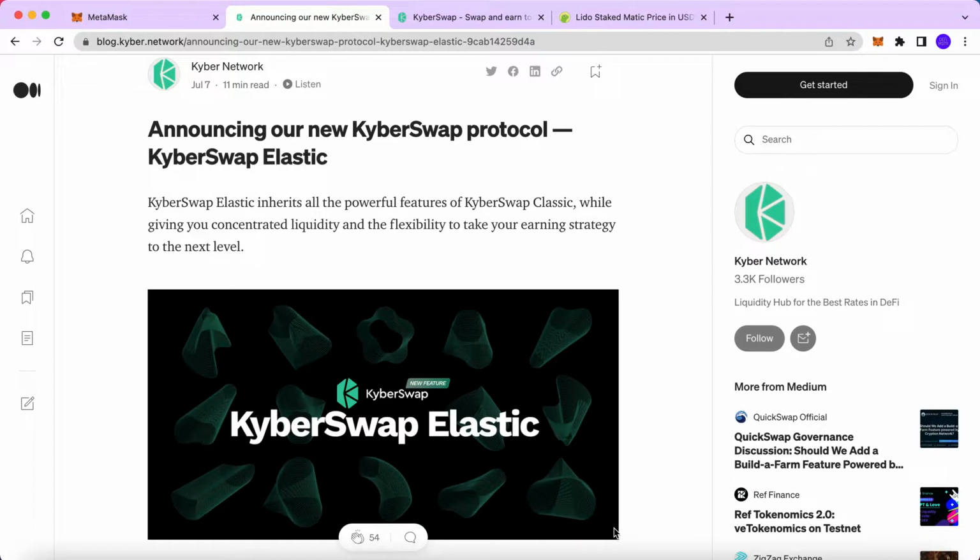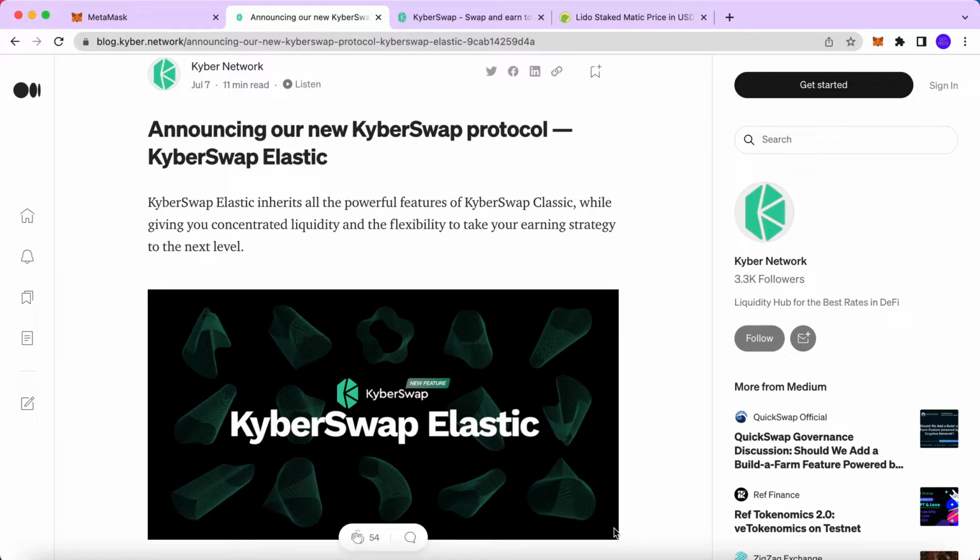Do you still yield farm in the bear market? There's a new opportunity for yield farmers on KyberSwap Elastic. This is Kyber Network's new AMM protocol, which is tick-based and has NFTs representing liquidity positions, but has other cool features like just-in-time attack protection, as well as a reinvestment curve where your LP fees are compounding, which means more